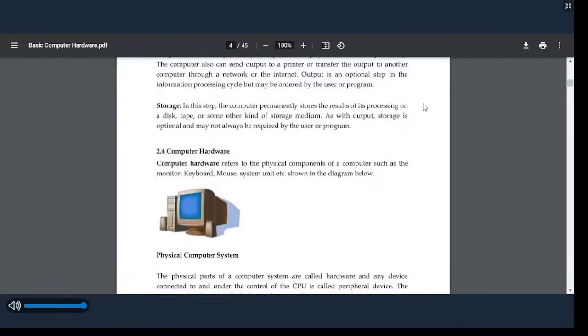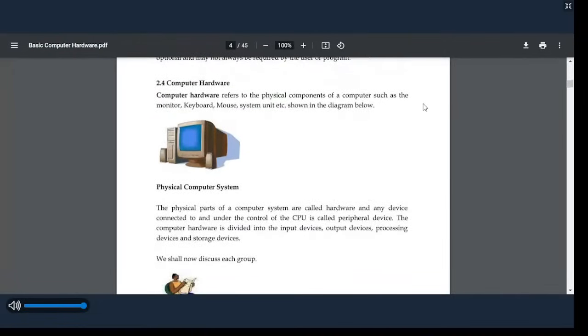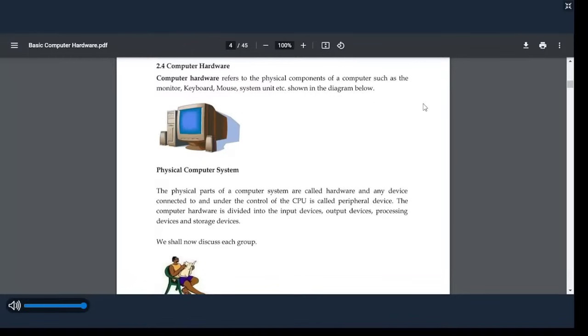Computer hardware refers to the physical components of a computer, such as the monitor, the keyboard, the mouse, the system unit, etc., shown in the diagram below. You can see the diagram. So these are physical computers. We have the monitor there. We have some speakers on the left and right. Then from the left, the next is the CPU. So the physical